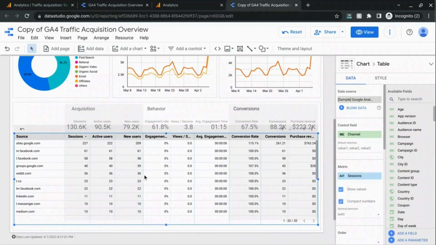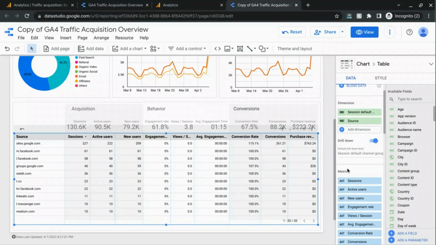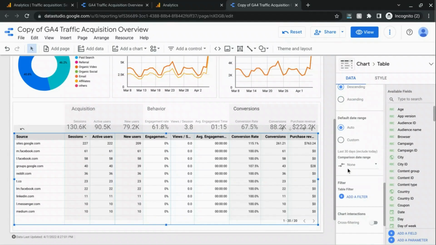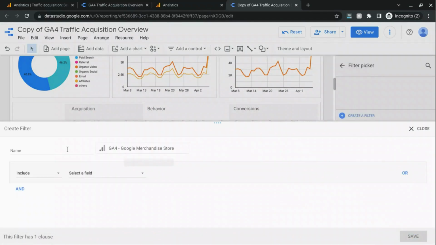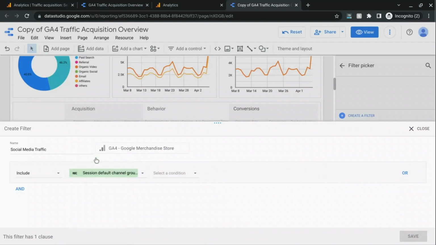Now let's say you want this table to only show social media traffic, so we're going to get rid of all the other default channel groupings and we'll only have the social media traffic. What we're going to do is scroll down to filters in the data section and click on add a filter, and we'll call this social media traffic. Include, select a field, we'll type in default session default channel grouping equal to, or let's include contains social,